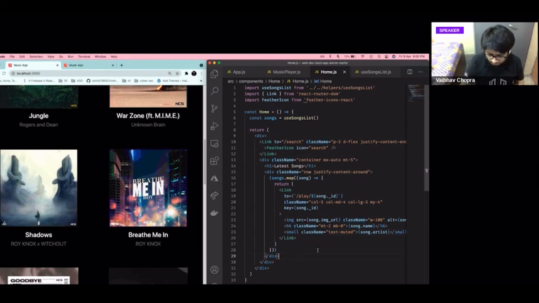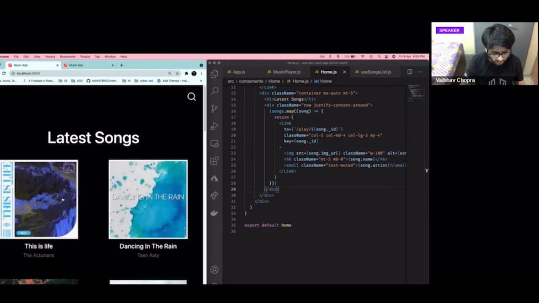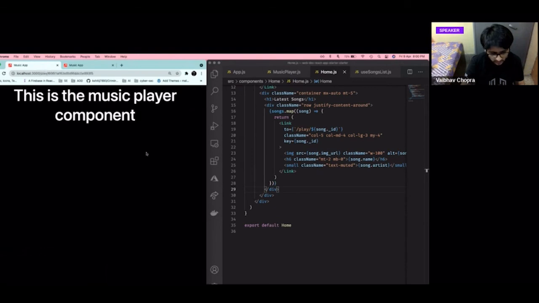So now you can literally go and click on any of these tiles, and it will take you to, let's see what the ID of dancing in the rain is. It is this, because we have already passed it in the URL. See, this is the MongoDB ID which the MongoDB backend is giving you, and we are passing that in the URL so that in this new page we can use this to get the ID of this song and then fetch based on that.